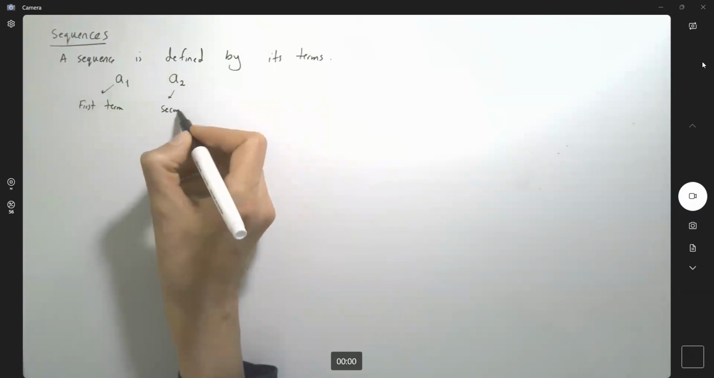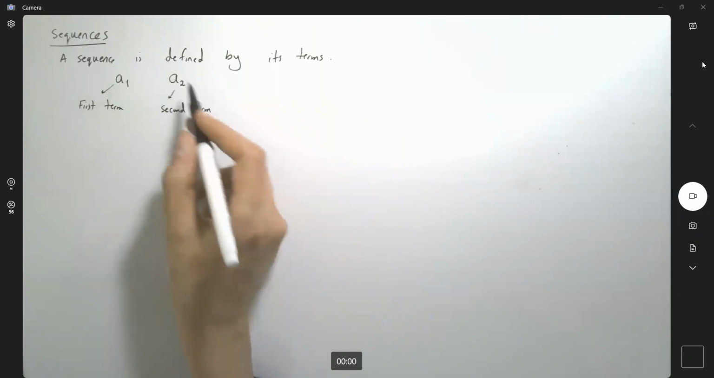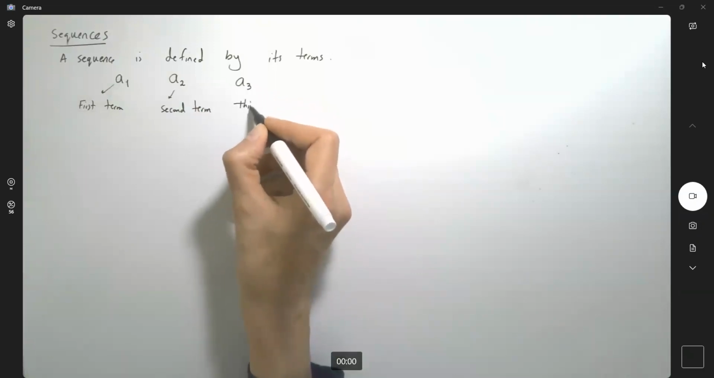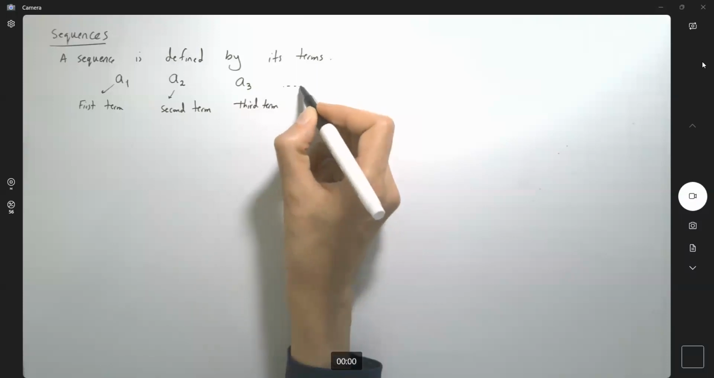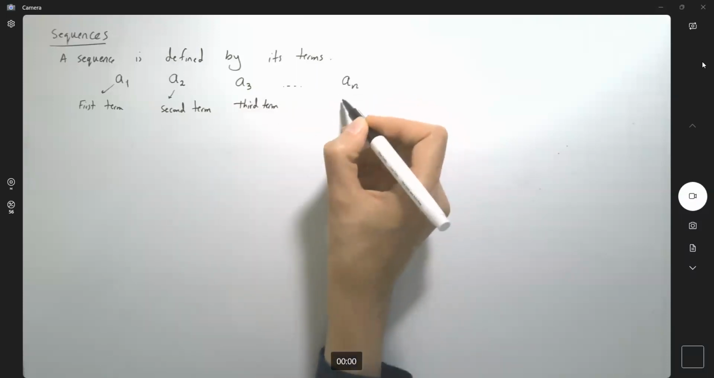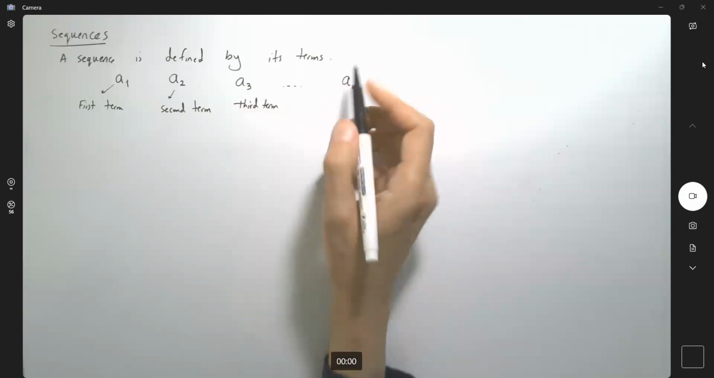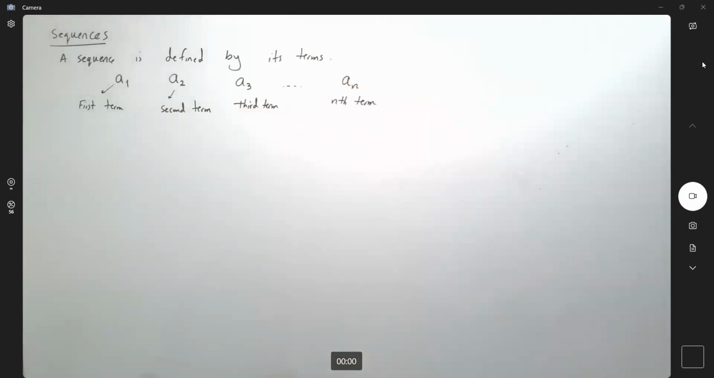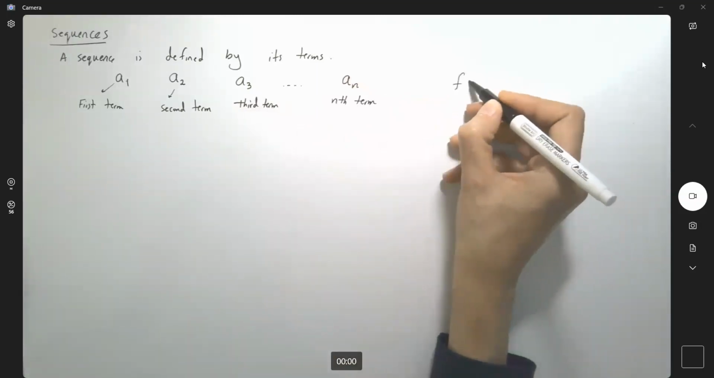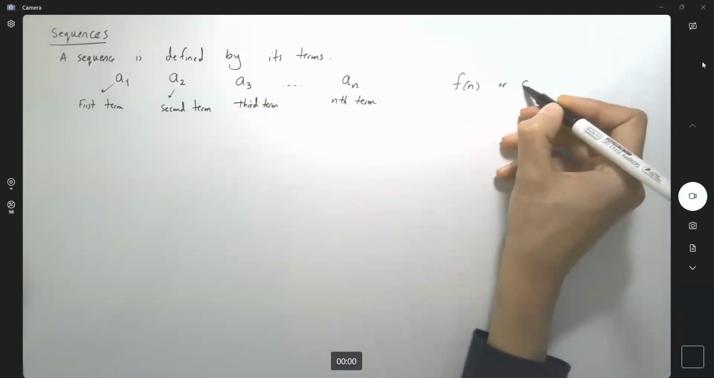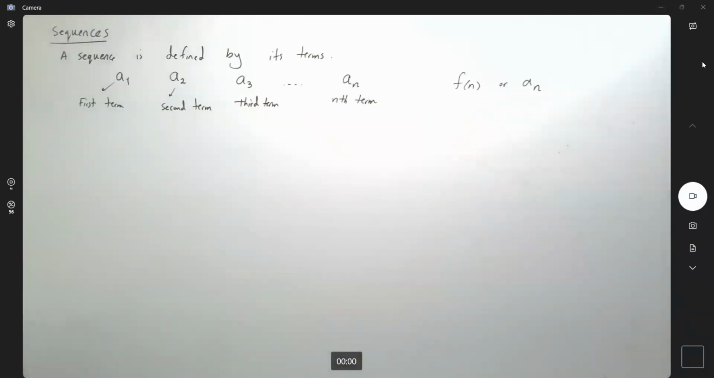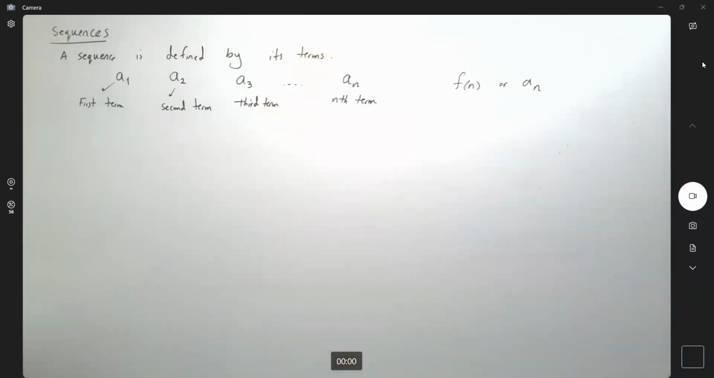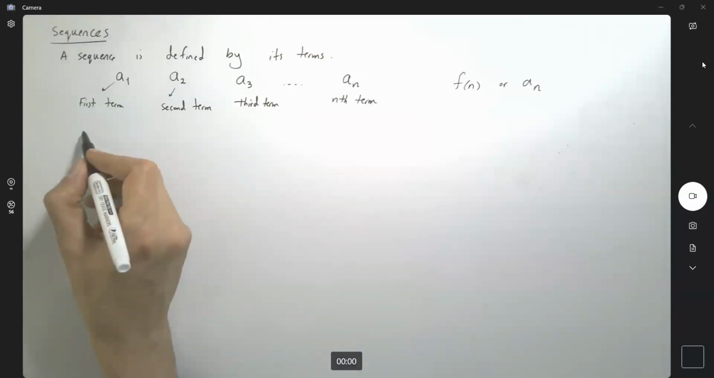of the sequence. These are all y values, output values. A sub 3, the third term. And you continue. The nth term of the sequence. So in general, we denote a sequence by f of n or a sub n. Sometimes you have relations, connections between these numerical values. For example,